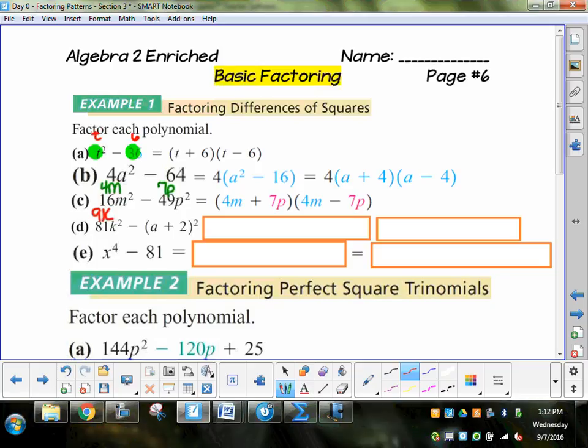Is that a perfect square? Yes or no? The answer is yes. What times itself is going to give you a plus 2 squared? A plus 2. So now, the way that I format this is going to either make it a lot easier or a lot harder. I'm going to take the square root of the left plus the square root of the right, and the left minus it. So when I take this, I start off and say this plus this,